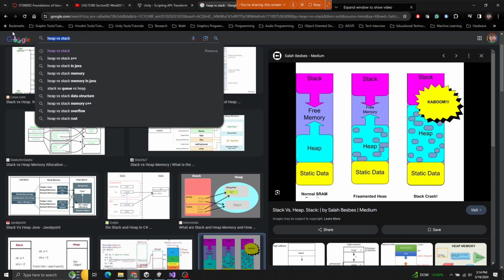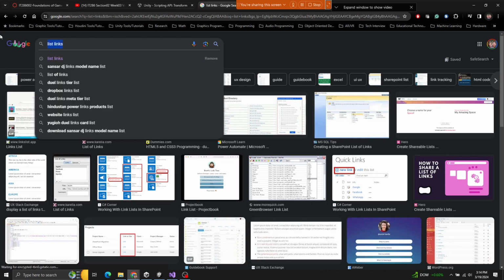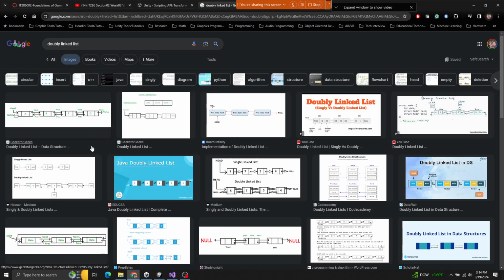Maybe since we'll just wrap this up, let me see if there's an image for doubly linked list. Okay, so